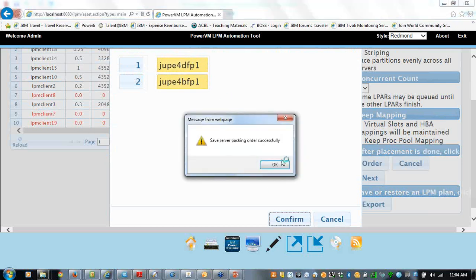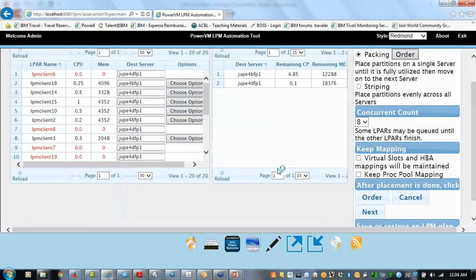Click Confirm. It said it changed the packing order for us. And so now it packed 4 Delta first and then put the rest of the LPARs onto 4 Bravo second. And so, if we had a photographic memory, we could have seen which one of these changed. I don't, so suffice it to say we've repacked stuff here.